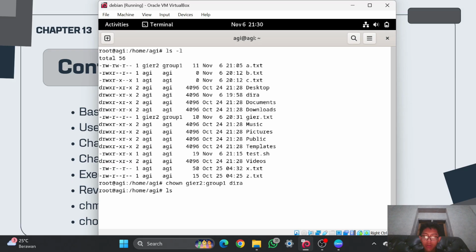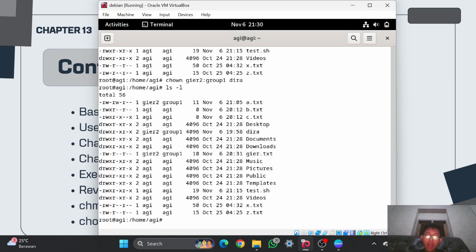And right now if I check the dir.a, the ownership has been moved into the gr2 user and also the group one group. And if you check again, it only changes the specific directory that you typed in here.